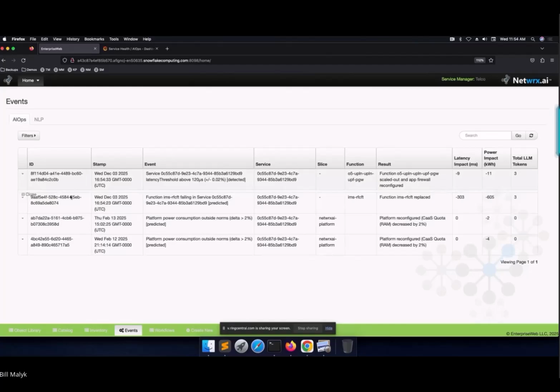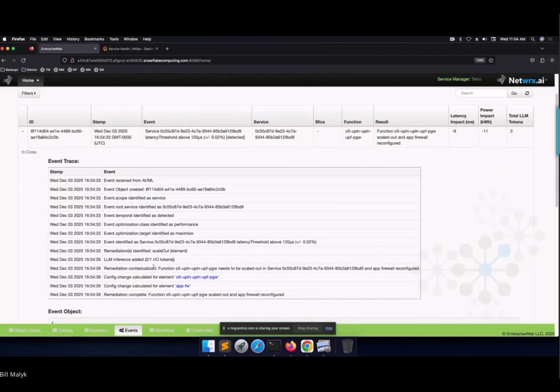So this is going to continue to flood in with events. And if you were to look at the details in them, you'd see at a very low level that we actually worked with the LLM to figure out this continuous optimization, in this case, 3 tokens, right? 2 input, 1 output, to help us figure out what was a pretty complex change to the low level configurations of a particular component. If you pop back into Snowflake, which is where I will end,